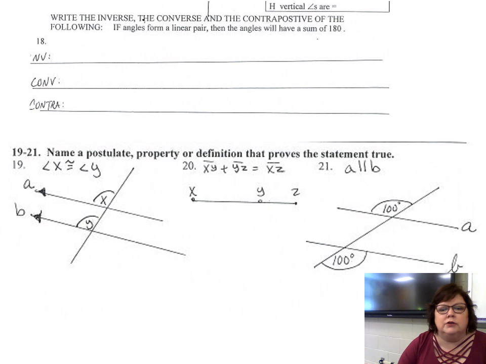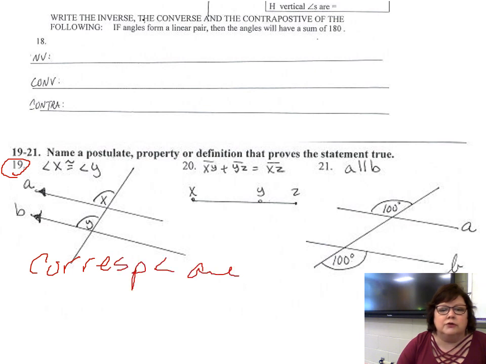All right, and then these last few problems are just basic parts of what would be a proof. I want the one step that this proof is showing you here. When I look at number 19, I see I've got parallel lines already. So I'm going to think about what relationship this X and Y have to each other. You know, we did this on the front. So those are corresponding angles